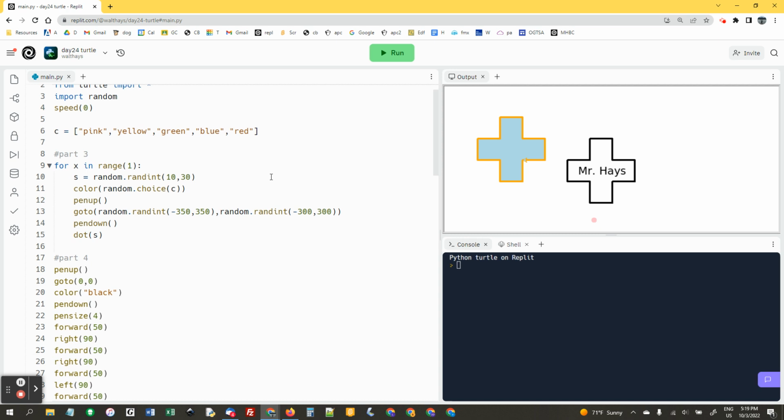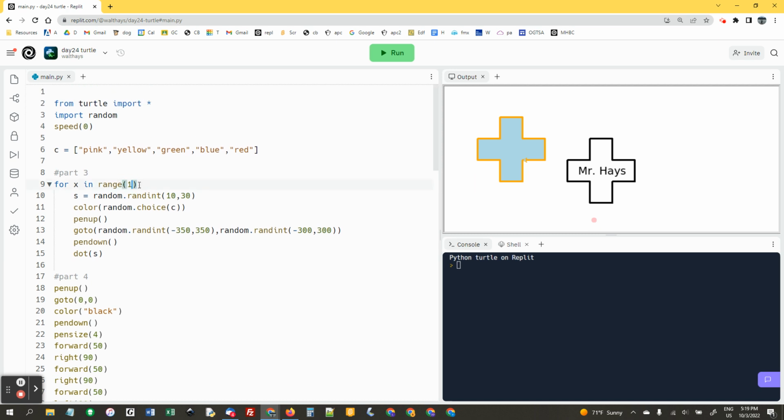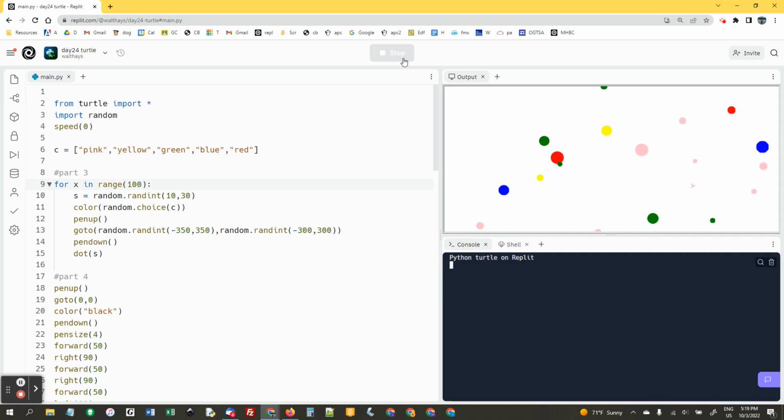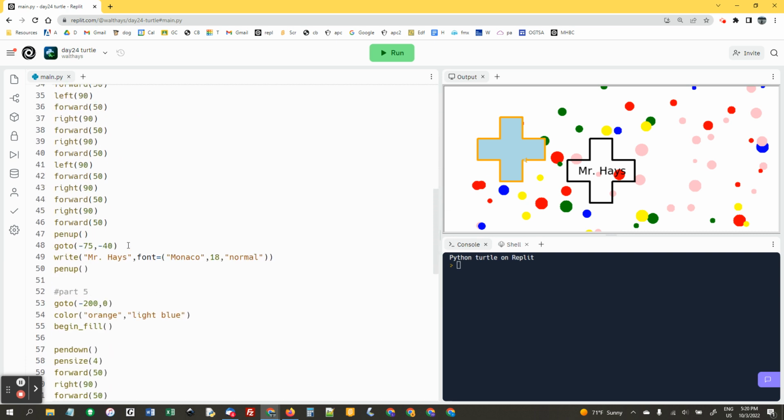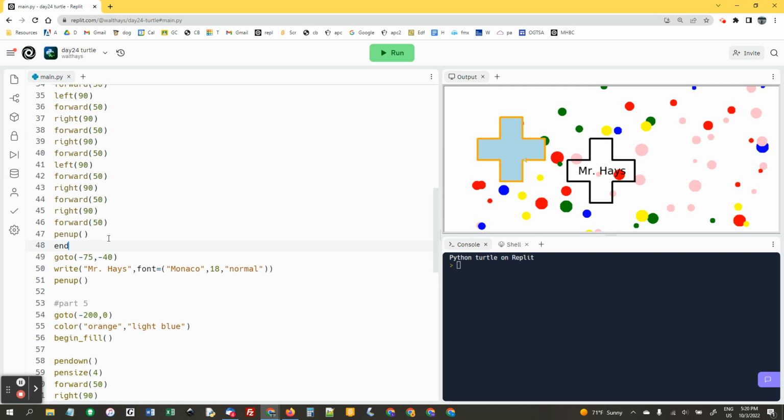I'm not doing that part, but before we're done, let's change this range back to 100, because remember I wanted 100 dots. And we got all the dots. And then the plus sign's going to go on top. And then that one is there. I think the plus sign should be filled. I'm going to say black, comma, white. And I'm going to say begin fill. I'm going to say end fill. And I think that will make